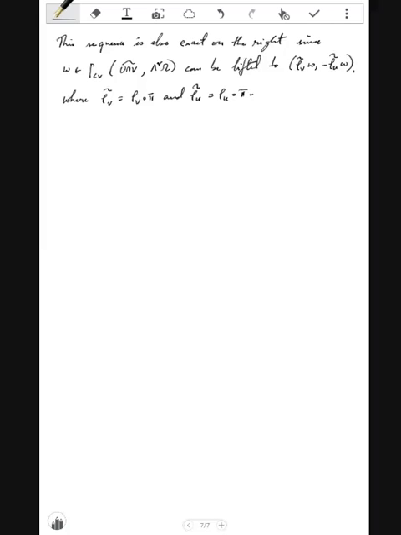Thus, we get long exact sequences and maps HR